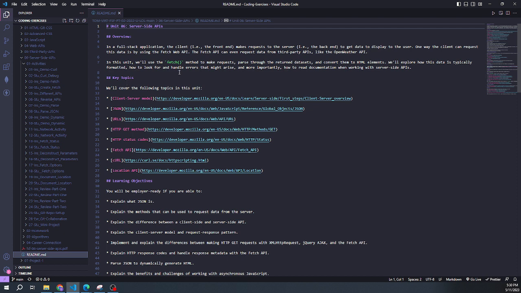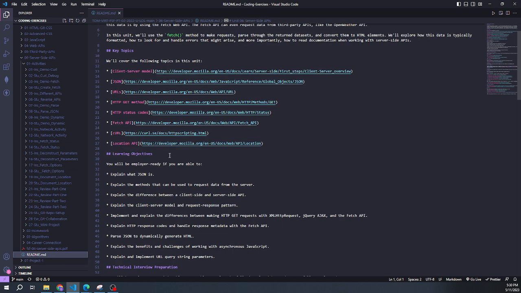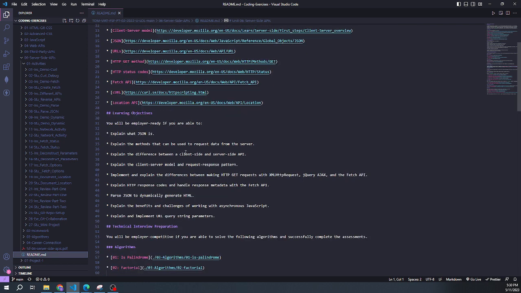Key topics. We will cover the following topics in this unit: client-server model, JSON, URLs, HTTP GET method, HTTP status codes, fetch API, curl, location API. Learning objectives. You will be employer ready if you are able to explain what JSON is, explain the methods that can be used to request data from the server, explain the difference between a client-side and server-side API, explain the client-server model and request-response pattern, implement and explain the differences between making HTTP